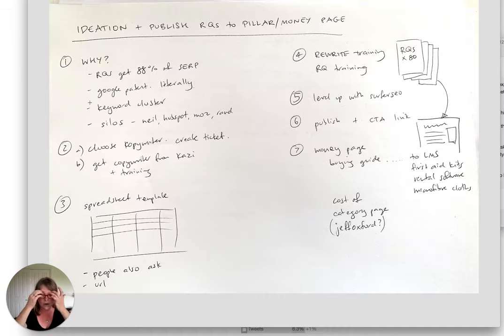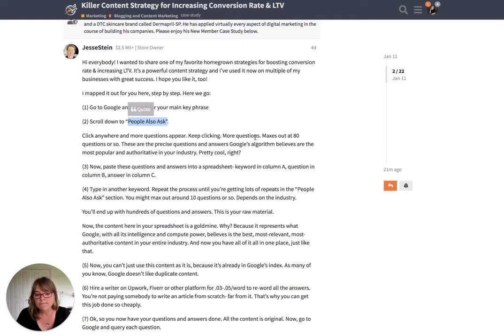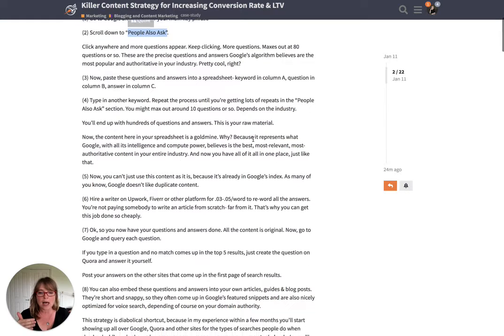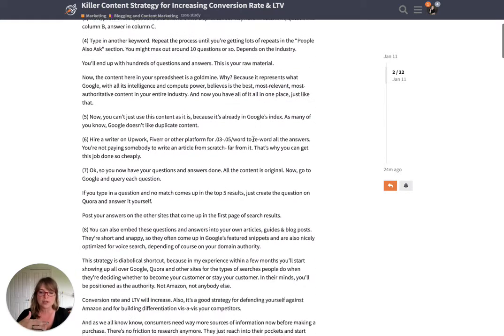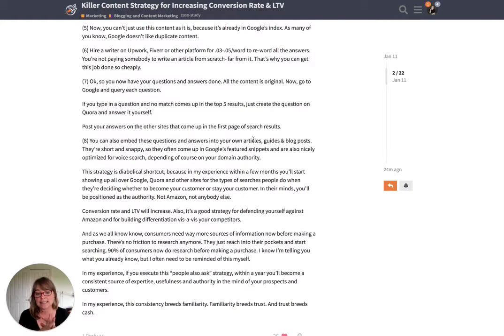An old SEO practice is essentially, if you're creating content on car seat covers and you create 50 articles on it, that keyword cluster can help improve your performance in the search engines. And then there's this silo aspect. What Jessie was also saying was that he essentially creates all of that content, and then he links it back to his money page.